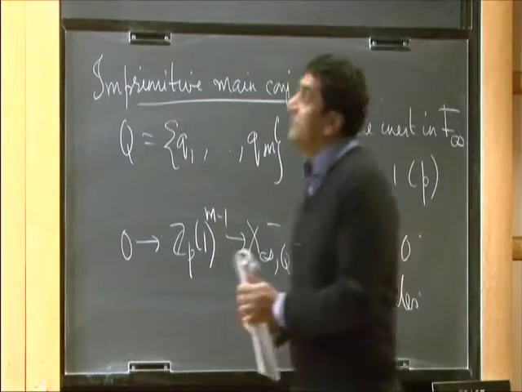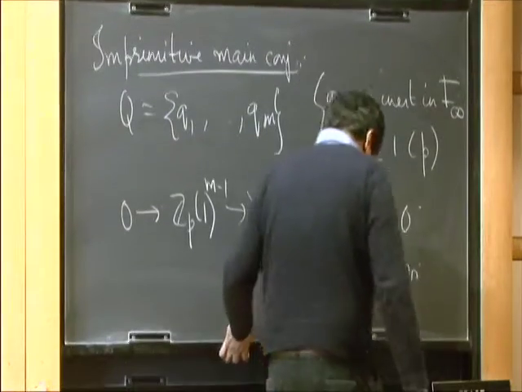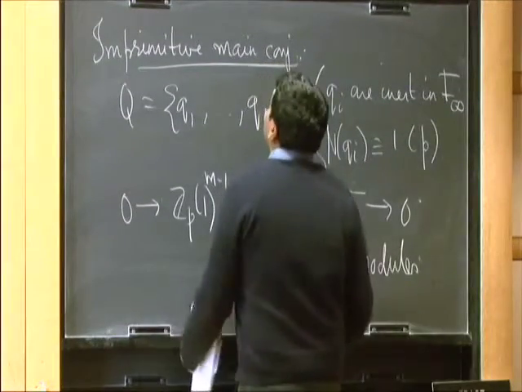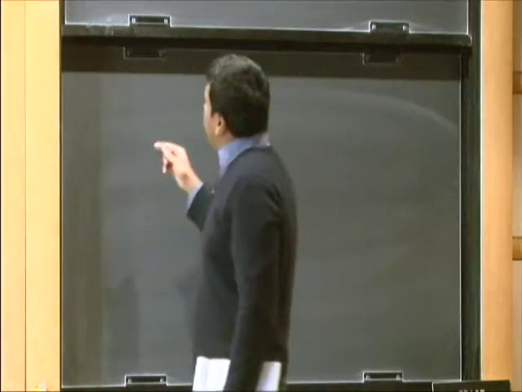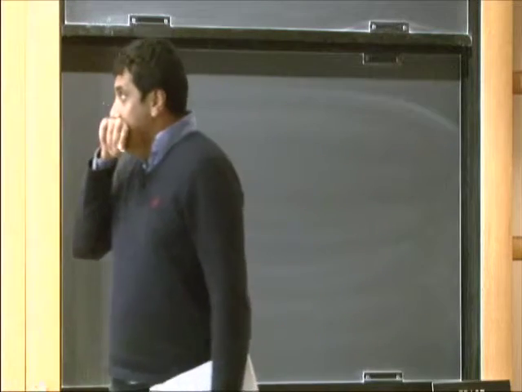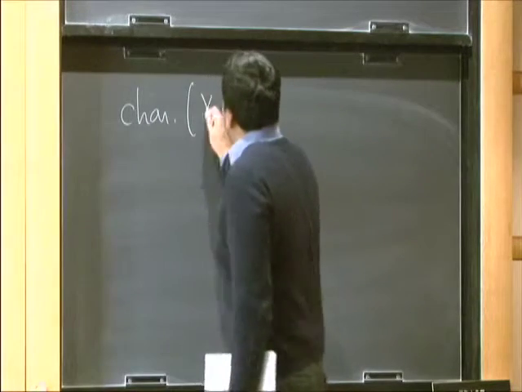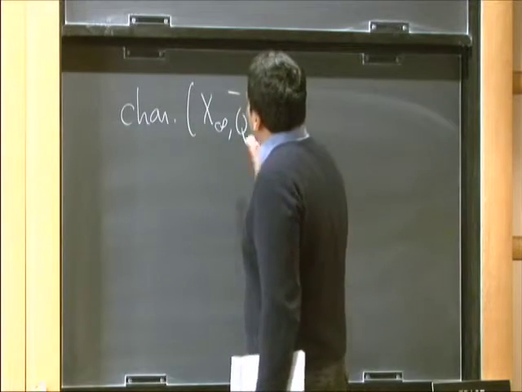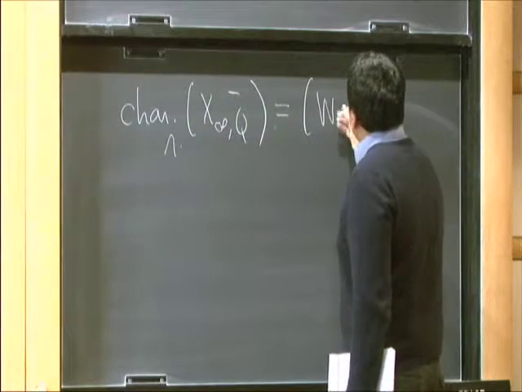So you get this, and then the imprimitive main conjecture, of course, which is a trivial corollary of this trivial corollary of the main conjecture, once you do this class field theory calculation, which is easy. So the imprimitive main conjecture would say that the characteristic power series of X infinity q minus, as a lambda module, is equal to some